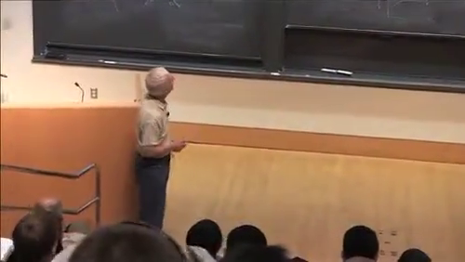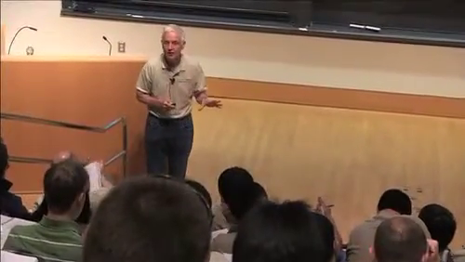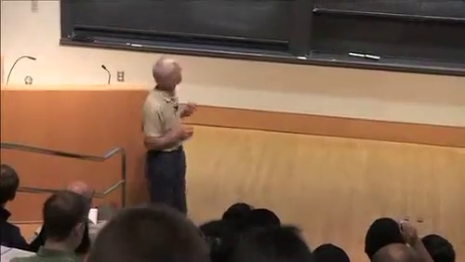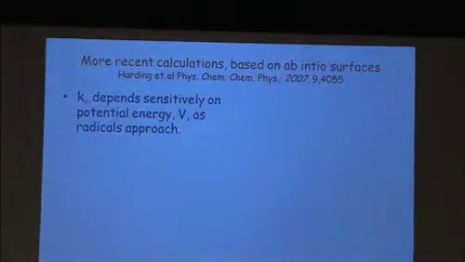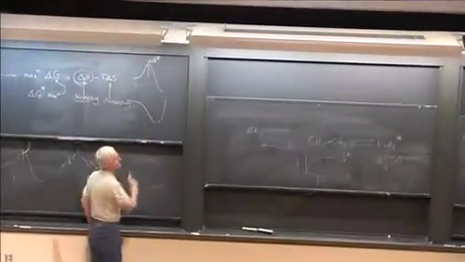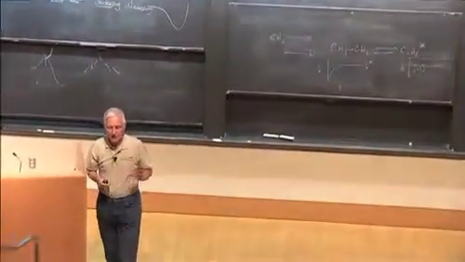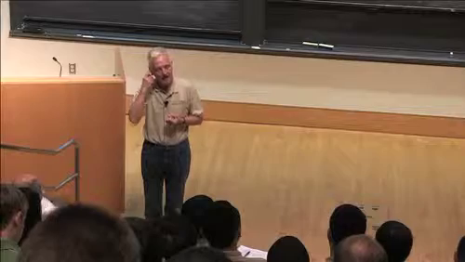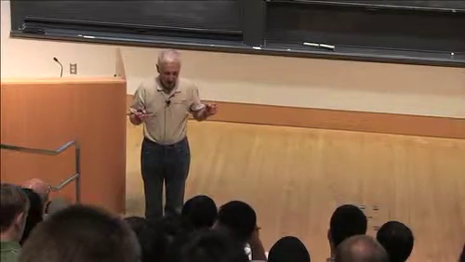Now, let's move from 1988 to more recent times. These are calculations based on ab initio surfaces of the high-pressure limit. All we can get from these is what's called the high-pressure limit, or sometimes the capture rate. K infinity depends very sensitively on the potential energy V as the radicals approach, so it's very sensitive to the form of this potential energy. And that's quite hard to do with standard ab initio methods because